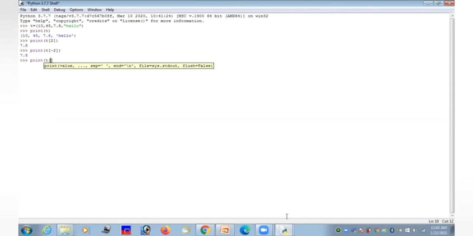The start index is for 45, so the index position is 1, colon, the stop index value, right?